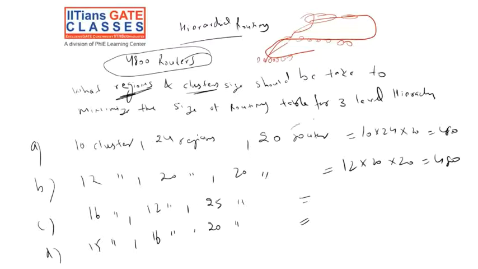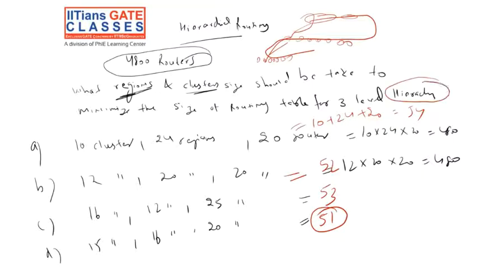Try 10 plus 24 plus 20. It will be 54. If you apply the second one, that will be 52. And if you see the third statement, that will be 53. The last one, 51. So searching time is very less for the D option. Simple addition. The question is very simple, but understanding the hierarchical thing is the point: searching time is very less.